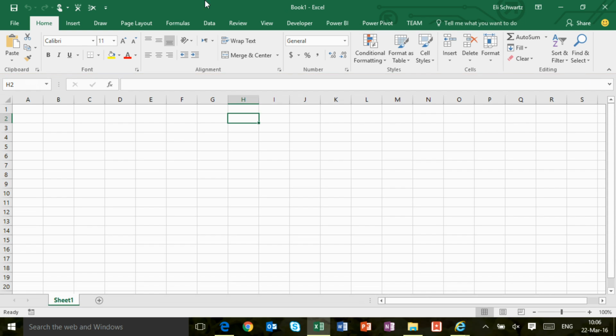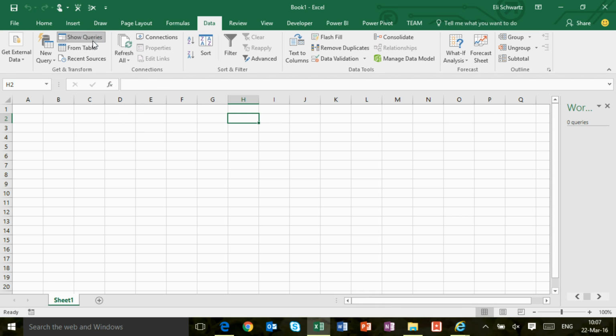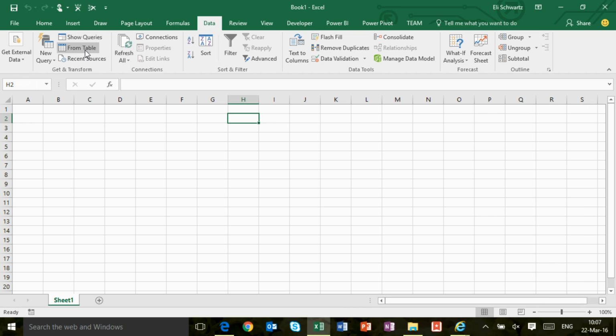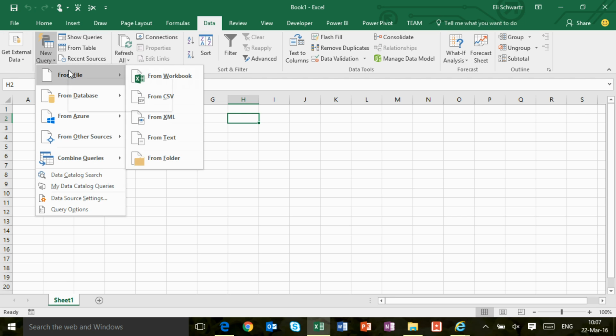If you go into the Data tab of 2016, you would see a new chunk called Get and Transform. Actually, all the old external data connections are collapsed on the left side. And you see there's a new query. There's an ability to show queries, and you have the right pane that shows queries popping up. You can bring from tables, and you can look at recent sources. If you select new query, you can see multiple sources that are available